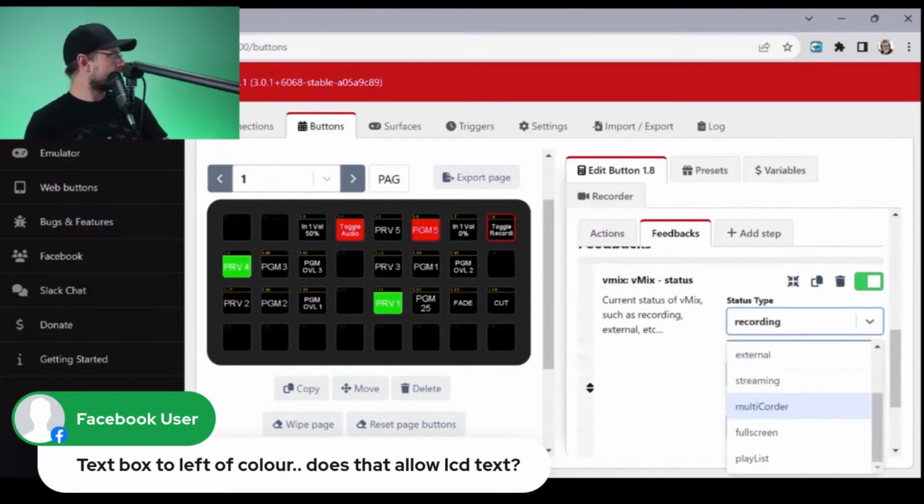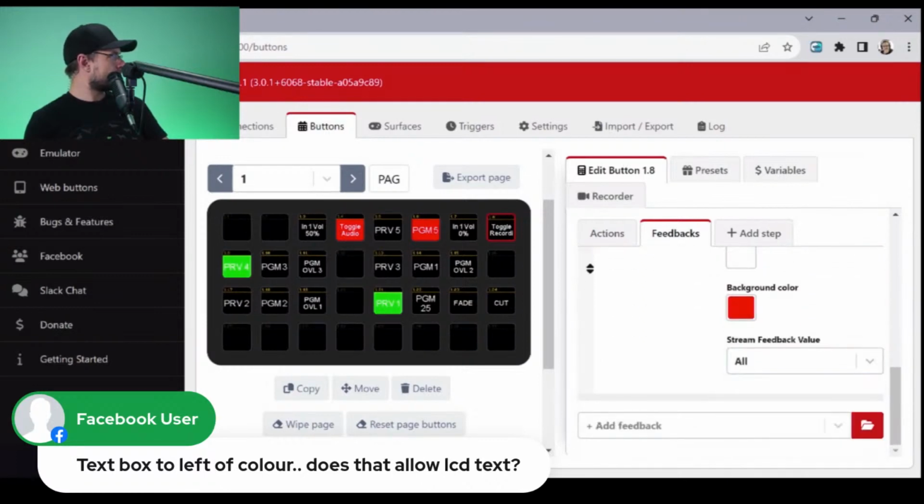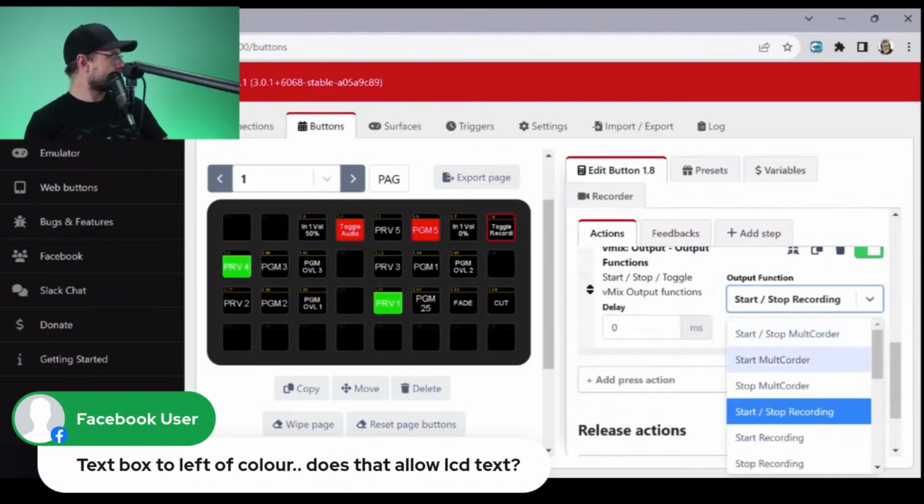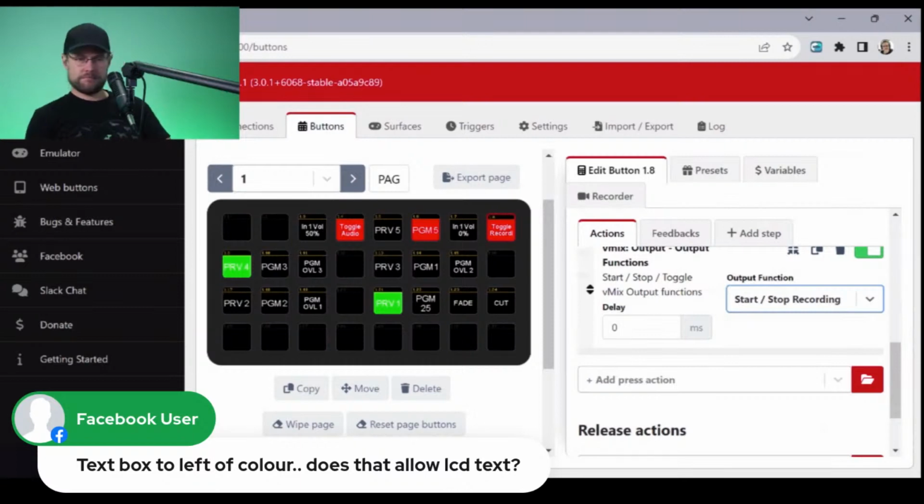So start recording, status, recording. And start, stop recording. Oh, it's recording. What? And that stops. Okay, so it just took a long time to spin up the actual, probably the external hard drive that it's running on. But that is actually working now. So that's good. Okay, recording button works and it lights up when it's recording. So red is dead, right? Red is on. That's great.